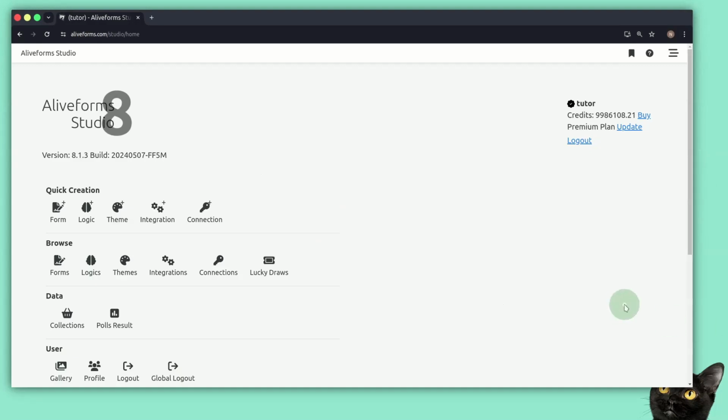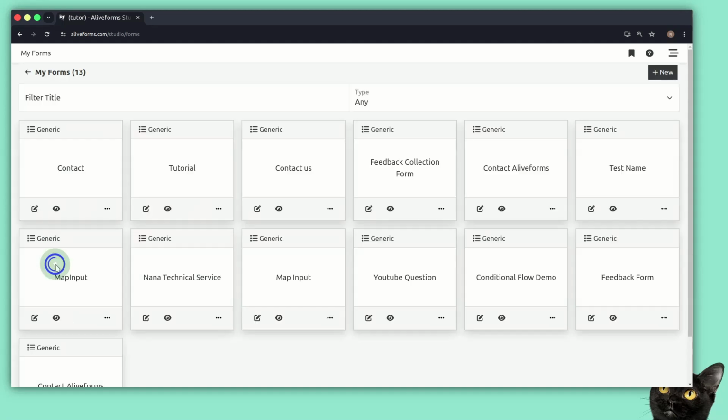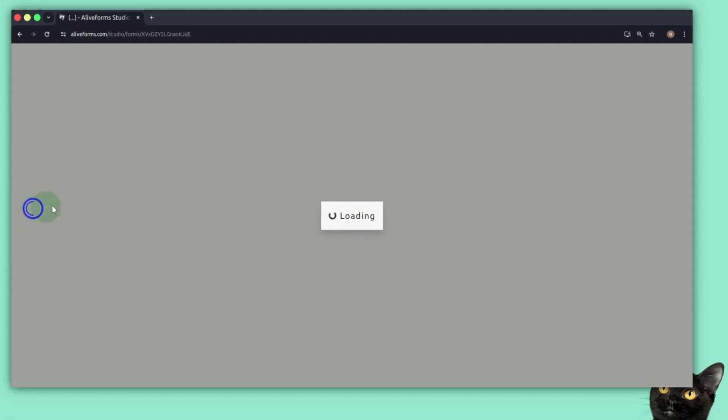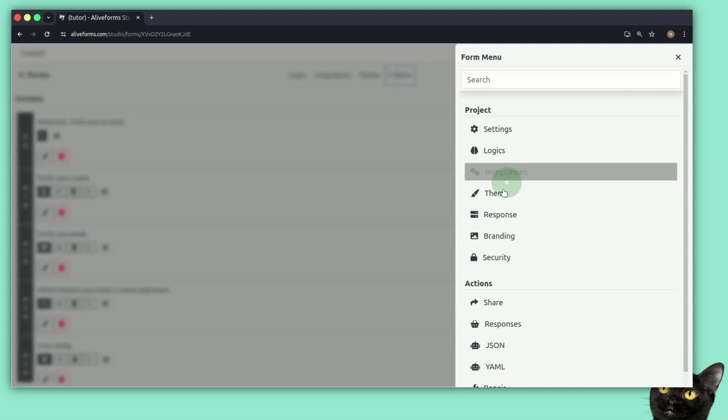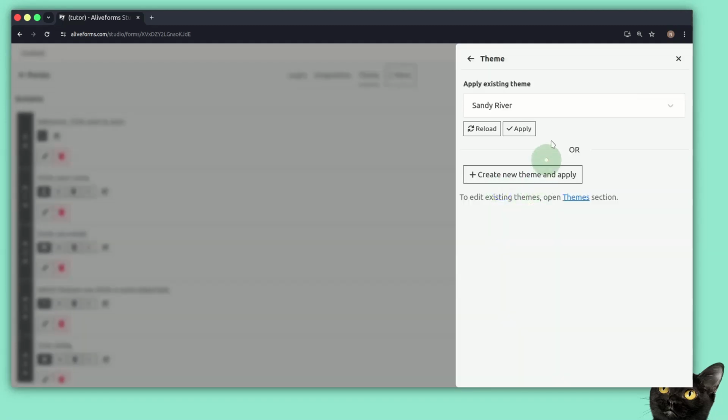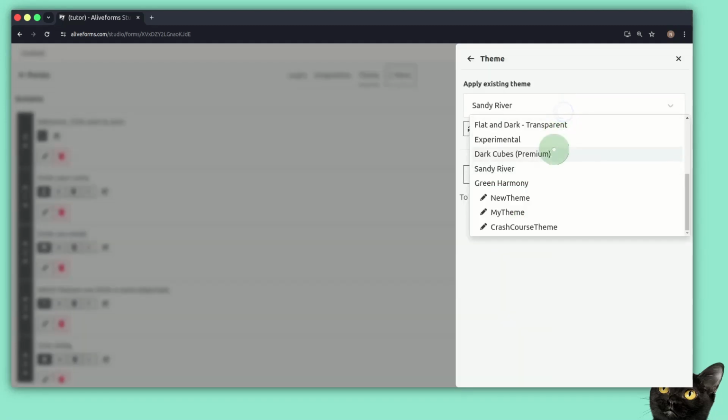Let's talk about themes in Aliveforms. Themes define how your form will look. Here I open our form in the form editor, and from here we go to theme settings by clicking this theme button here, or from the menu we go to theme, and you can select predefined themes from here, or we can